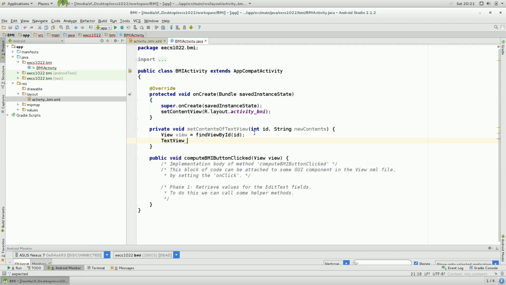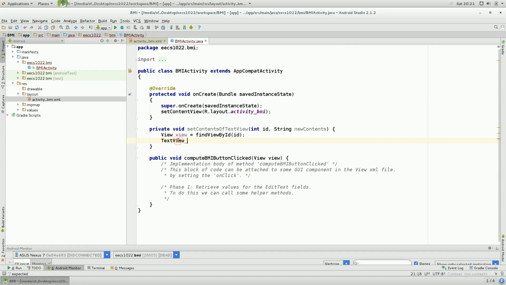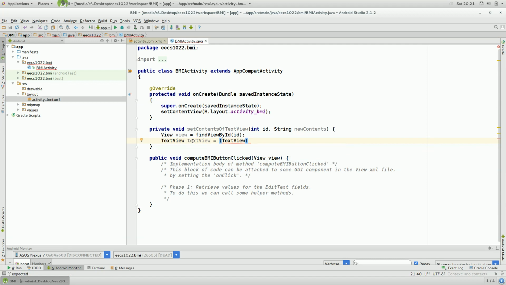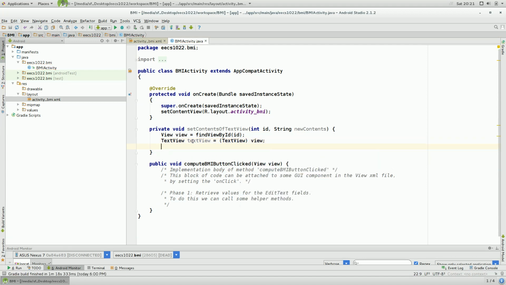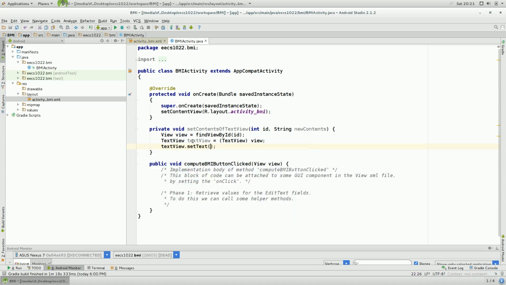TextView, then just give a name for the variable, textView, is assigned to TextView inside parentheses, and then view. And then we say textView.setText,